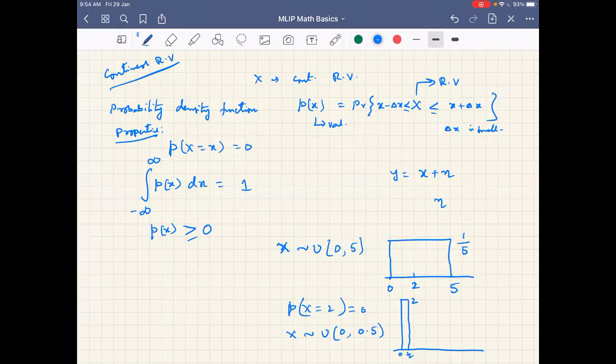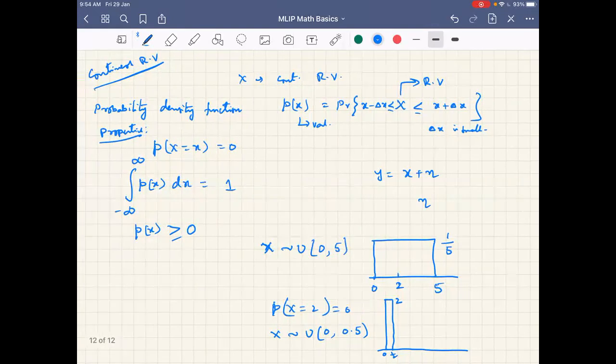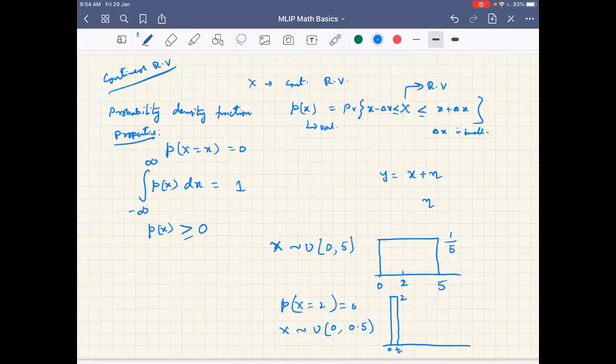Please note that when I write P of x, strictly it is P of x equal to a point, but we write P of x for practical reasons to mean what I have defined. When we discuss the probability density function and a probability, unless a question explicitly asks for the point probability, we consider a region rather than a point for calculating all probabilities.